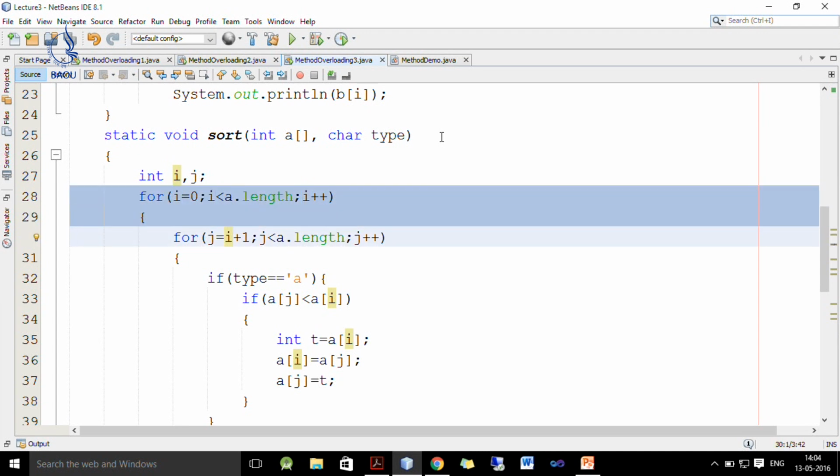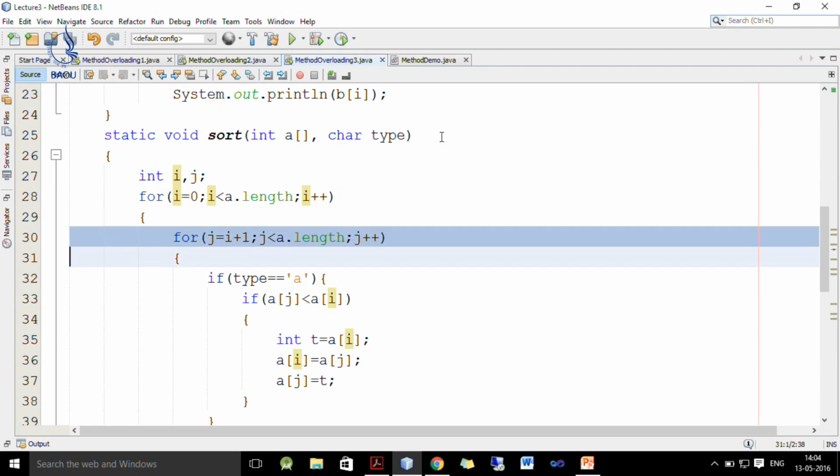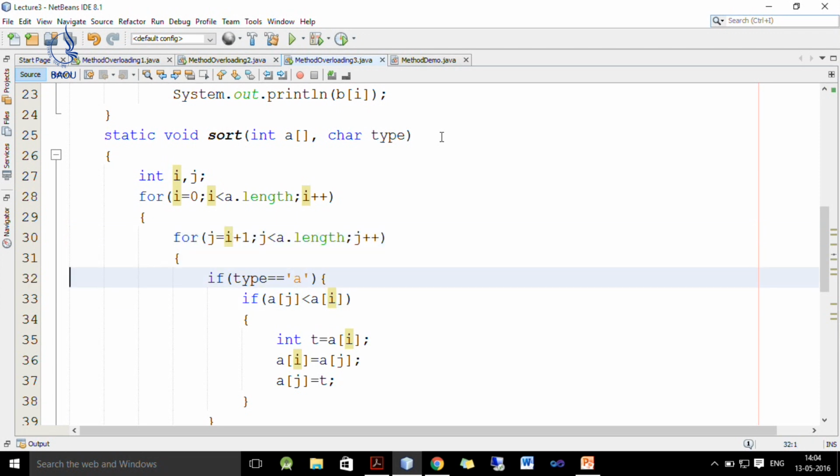Here we take one element at a time and compare it with the rest of the elements using an inner for loop. Suppose our type is A, which means we want to sort data in ascending order.